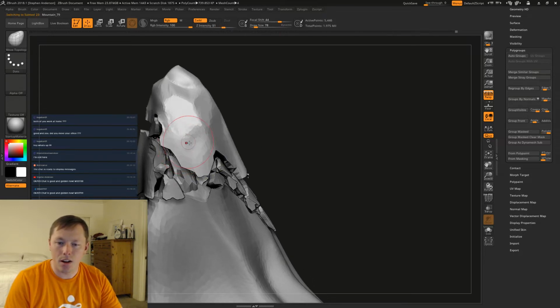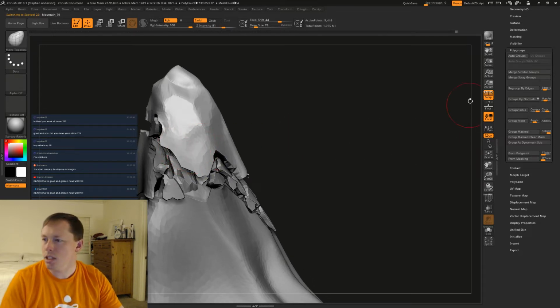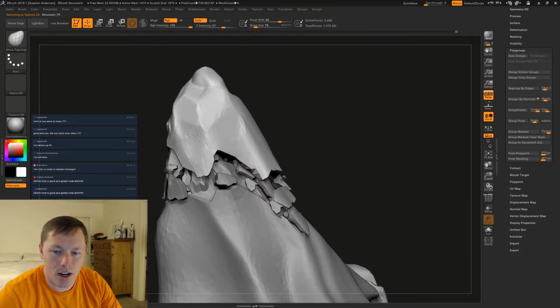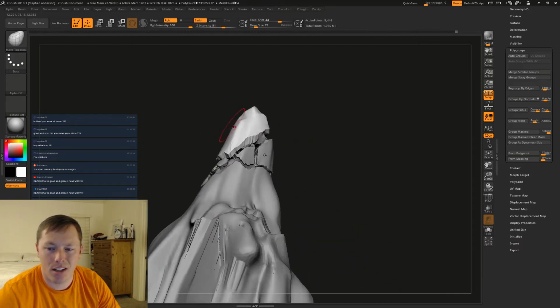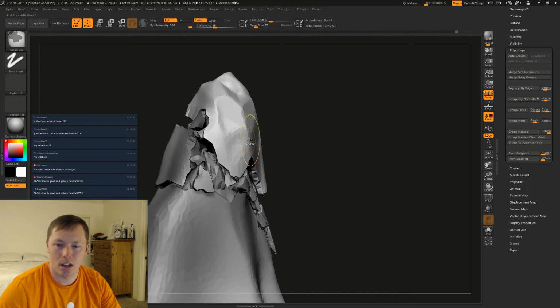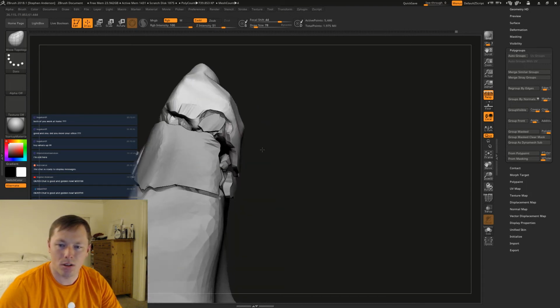This right here, I'm going to add a crack in here just so that the crack is continuing, but it's not actually going through it.